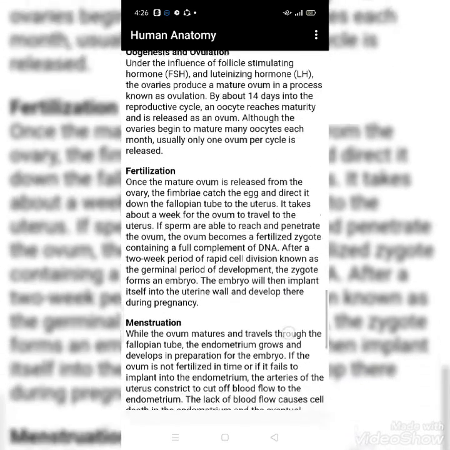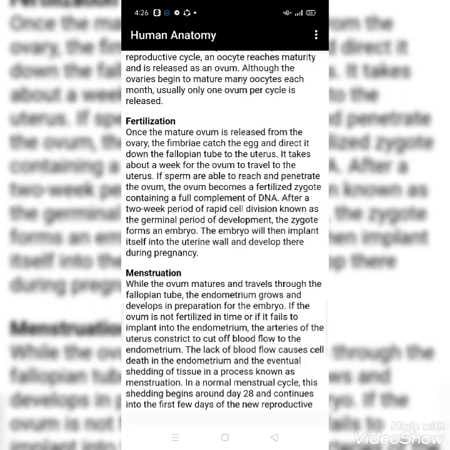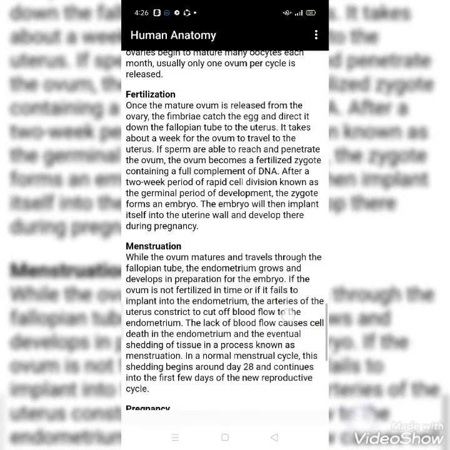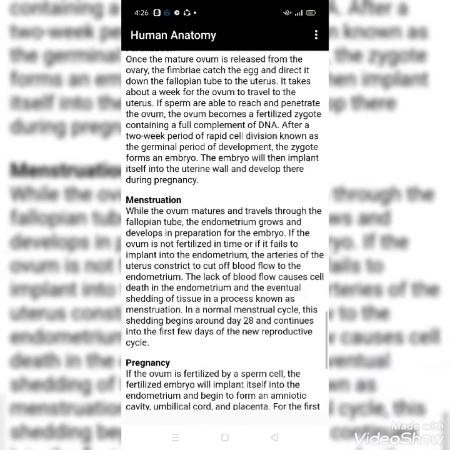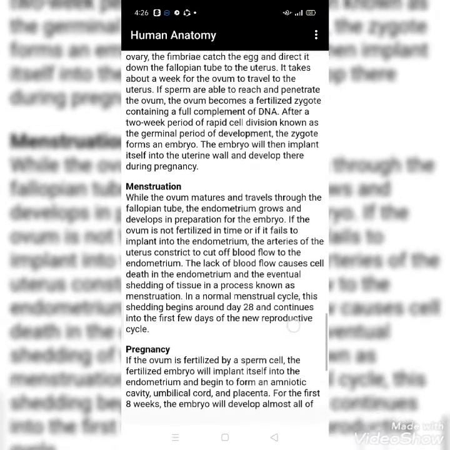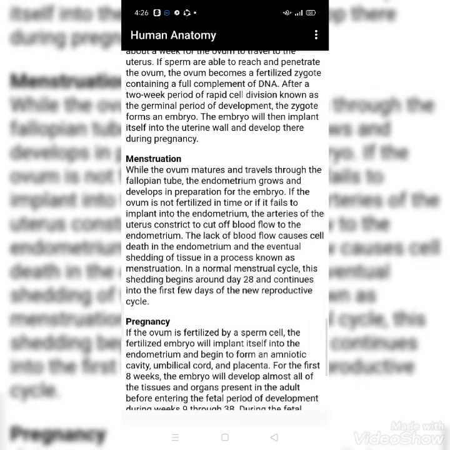Now we will discuss fertilization. So what is fertilization? Once the mature ovum is released from the ovary, the fimbriae catch the egg and direct it down the fallopian tube to the uterus. It takes about a week for the ovum to travel to the uterus. If sperm are able to reach and penetrate the ovum, it becomes a fertilized zygote containing a full complement of DNA, also